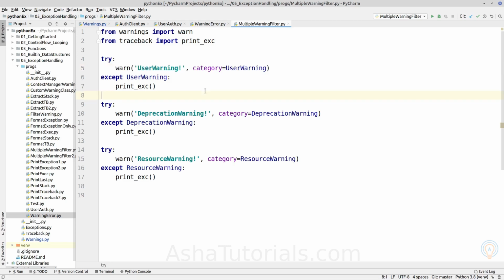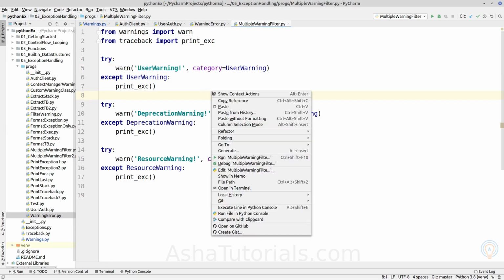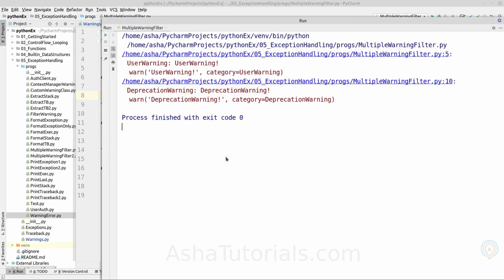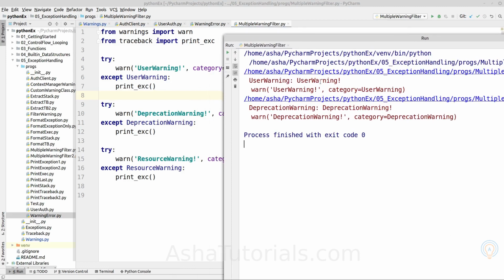Let's execute with the default configuration. If we run it and see the output, it is printing the user warning by default. So we saw the default configuration for the user warning. It will print the warning message.